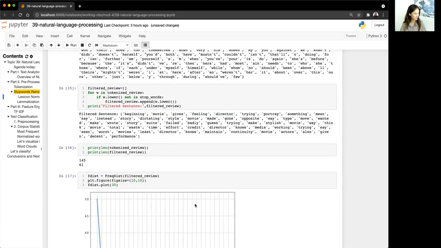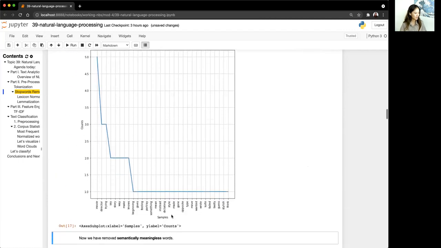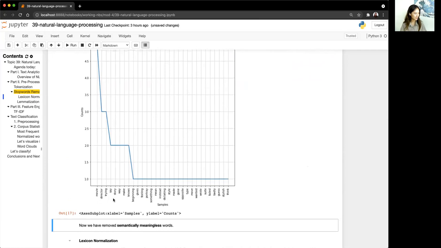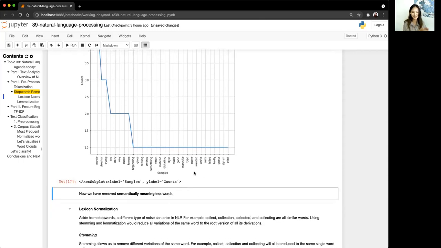Of course, the number here is at 5, versus before, I think it was 15. Right now, the most common words are movie, director, trying, say, story, way, make. This is only one piece of text, so it ends out at 1 and everything else is going to be one word long. But if you're doing a large body of text or a lot of rows of text together, this frequency distribution might be more useful. We'll see some examples of that later too. Now with semantically meaningless words removed, this makes a little bit more sense. We have a little bit more context on what this review is actually about, maybe.